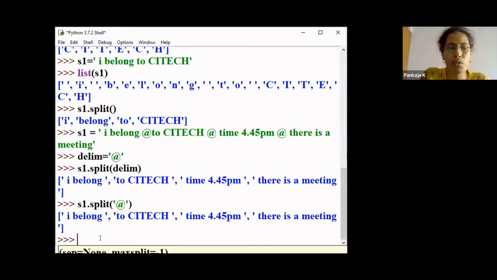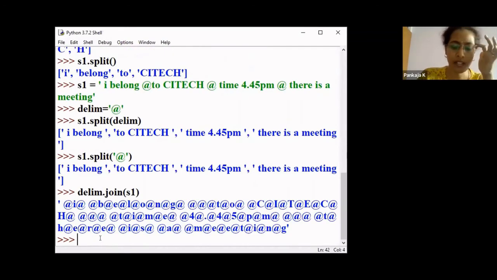Now I can use the join method. The way you use it is a little different. I'll use delim dot join, and the string I have is S1.